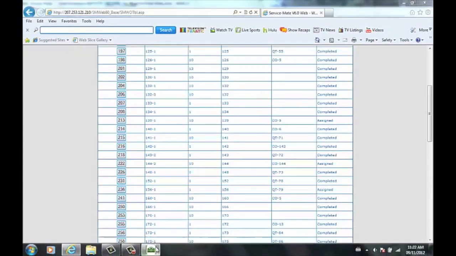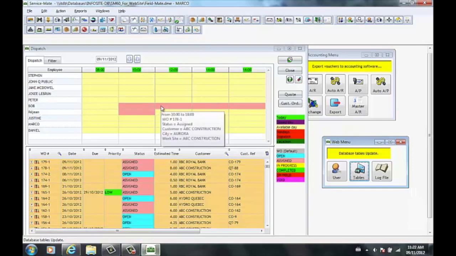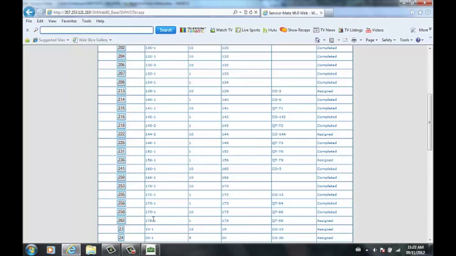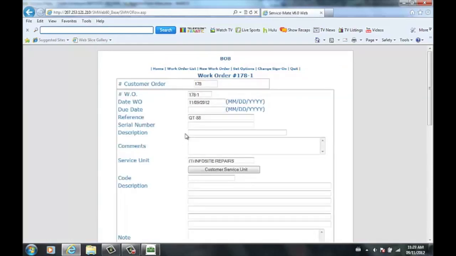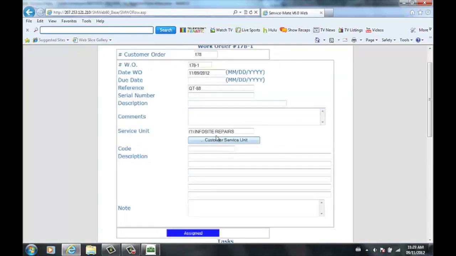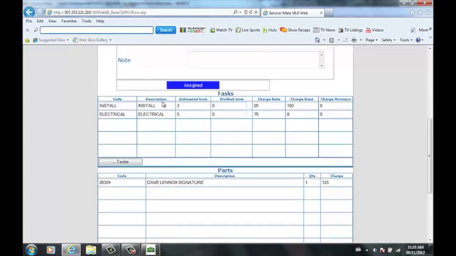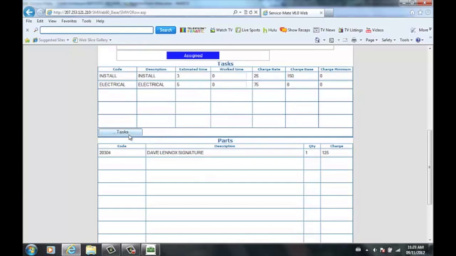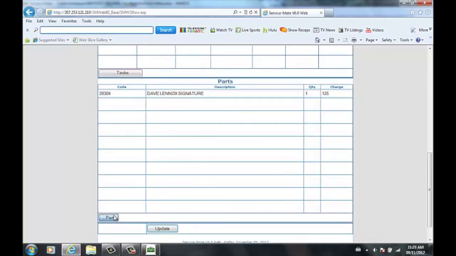I scroll over and I see that Bob has been assigned 178-1. As you can see, the new one is 178-1. Bob just needs to click on the information. Once he does so, he will have the reference number, the service unit, but most important, the tasks. Installation, the estimated time, electrical, so I see my tasks, what parts, and if there are any adjustments that need to be made out in the field,